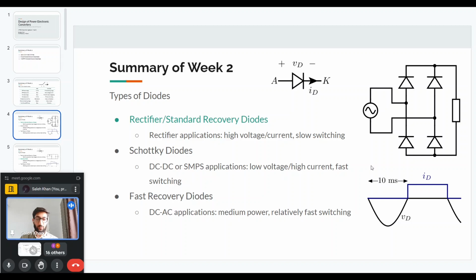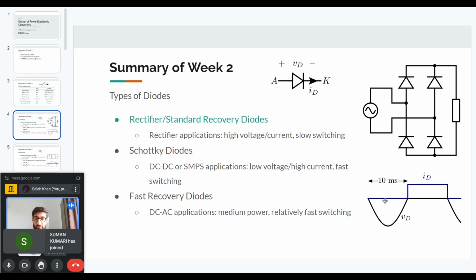And the diodes that are used in these applications are called rectifier diodes or standard recovery diodes. So in these cases, we have very high voltage and current ratings. That means the conduction losses will be relatively small compared to the other diodes, but the switching will be very slow. Because we are switching at very fundamental frequencies, 50 hertz, 60 hertz, the switching losses will not be that much